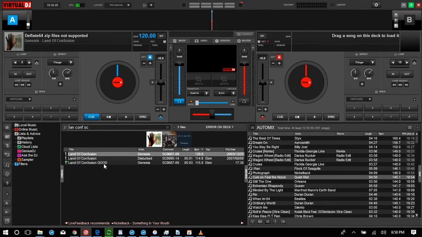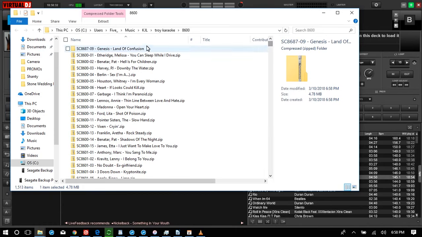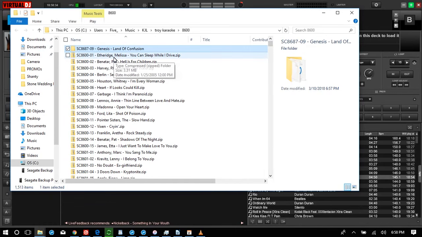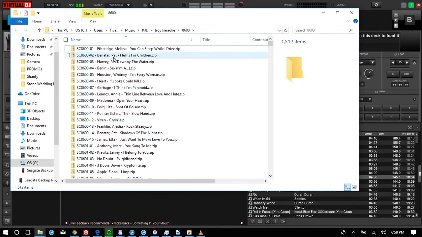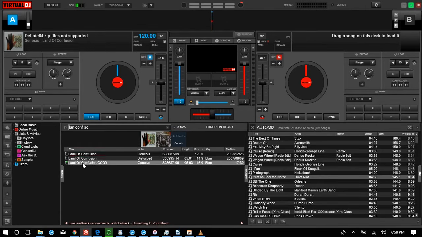Now I'm going to go back to the other window and delete this folder. You don't need it anymore. That was just a temporary step. It's just extra disk space that's being taken up that you really don't need because we only use the zip files. Again, you don't have to understand how all that stuff works, but now when I take the good version, bingo,